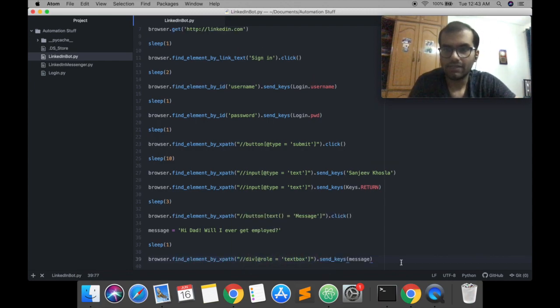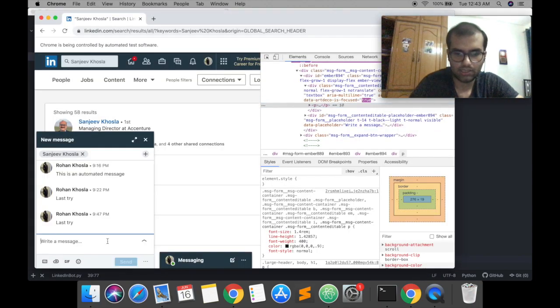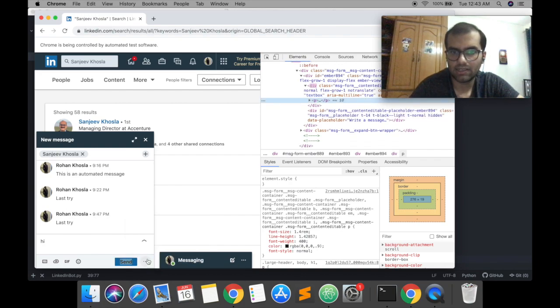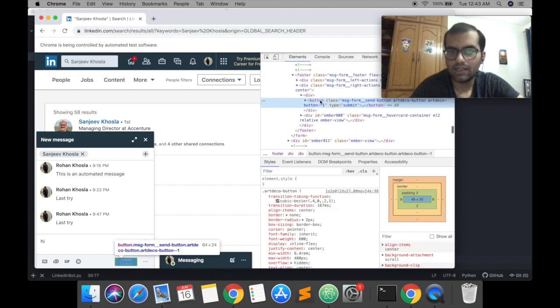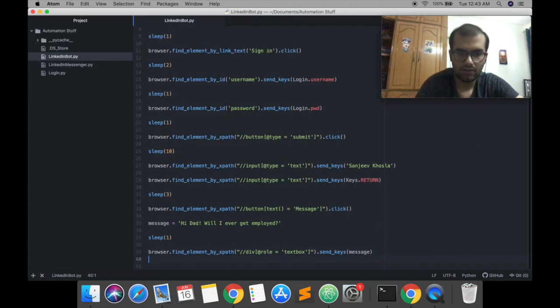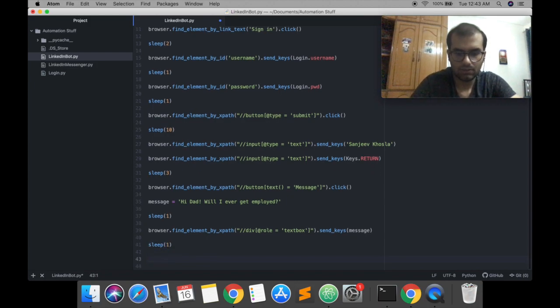We'll have to send the message after this, so we're gonna have to press the send message button. So we're gonna inspect element for that as well. We'll inspect this, and we see that it's a button of type submit, something that we're all too familiar with. So we'll come here and we'll let this sleep for a second, after which we'll do the submit.